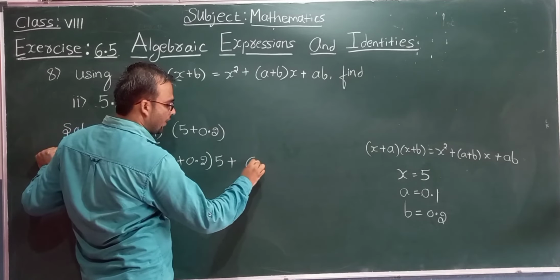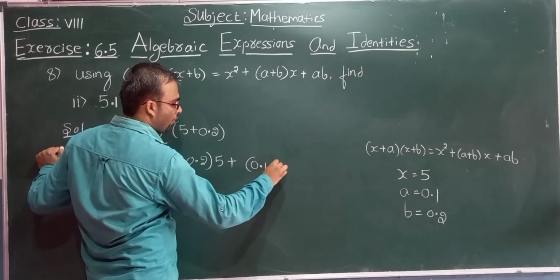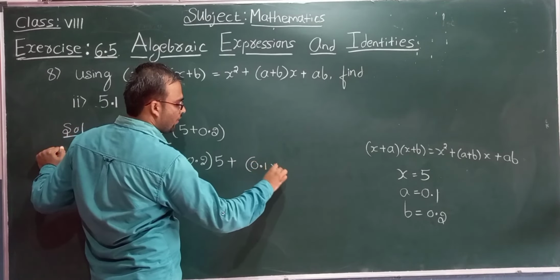So here a means 0.1 into b means 0.2. 5 square is 25. Next, 0.1 plus 0.2 will be 0.3 into 5. Next, 0.1 into 0.2 will be